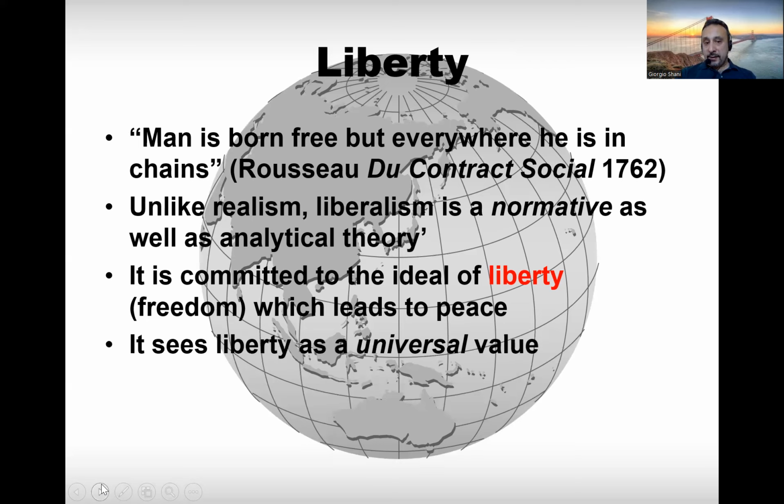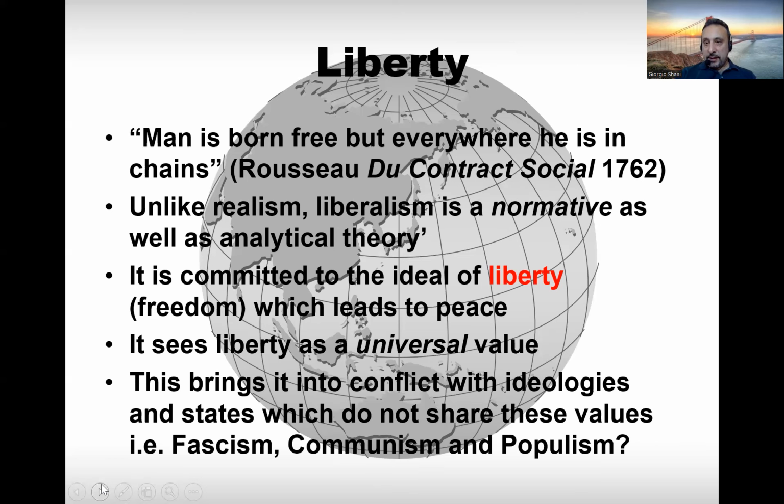They also believe, as I stated at the outset of the lecture, that liberty is a universal value. It is not seen as a particular value. It is not particular here to the West or to ICU. It is a value which applies to everyone, everywhere. And liberals have argued that if we look at all of the world's great philosophical traditions, then we will find a commitment here to liberty, to freedom. So liberty is seen as a universal value. It is seen as a good.